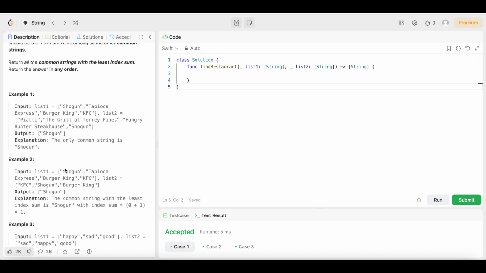So if we look, we already know Shogun appears in both of these lists. It appears right here at index 0 in list 1, and it appears right here at index 1 in list 2. So 0 plus 1, that's where this 0 plus 1 comes from. 0 plus 1 is going to give us 1. And that's because in list 1, it appears at index 0. In list 2, it appears at